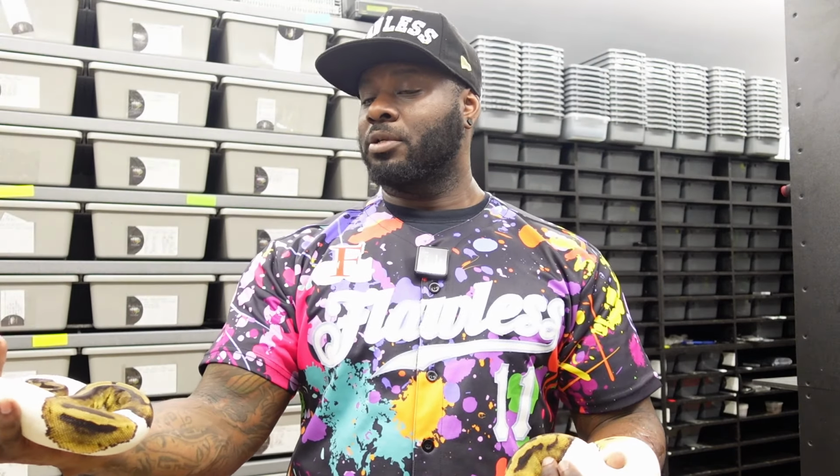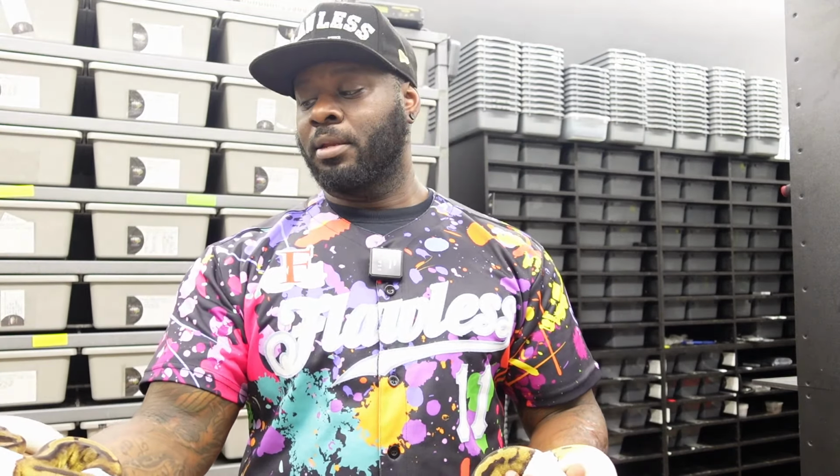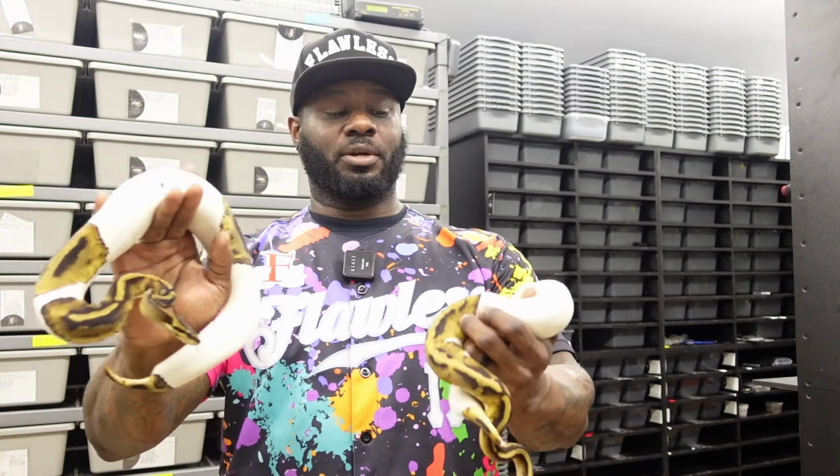But we actually have 2 breeder pod double het hypo DG females currently breeding for us this year. So it doesn't hurt to have a female like that as well. Again, let me put these guys back and talk about it. Yes, we don't feel like it hurts us to hold on to some of them, you know, big time females